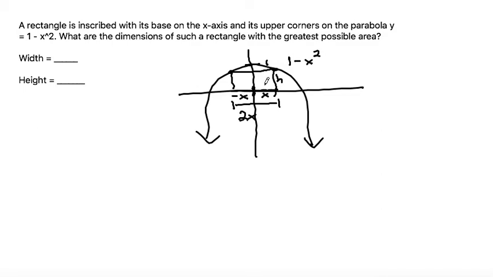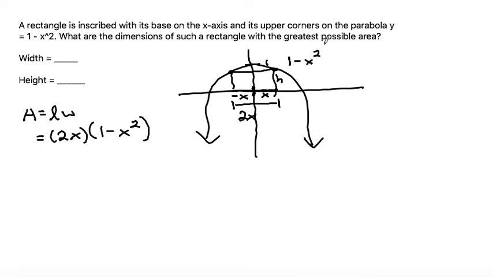So to write the area formula, it is length times width for a rectangle, where the length is 2x, and the width, or I could say whichever one is width and whichever one is height, but let's say the height is the 1 minus x squared. So then,